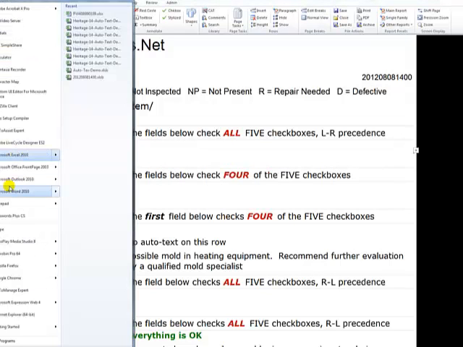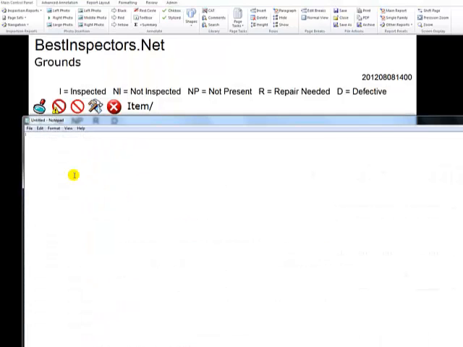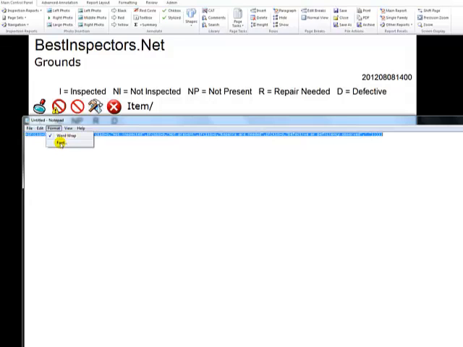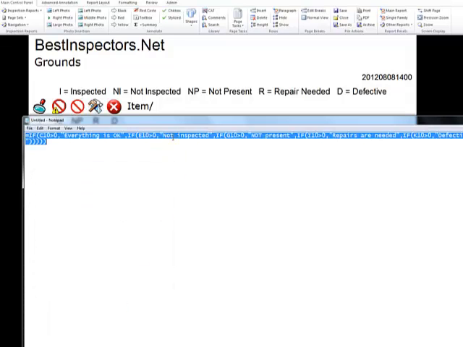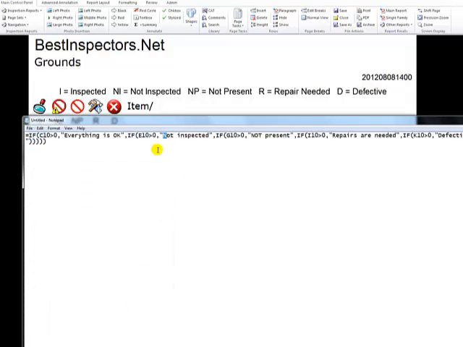We'll leave this formula here. We'll go back to Notepad again, paste again, and now what I'll do is I'll make my text edits here. Make this bigger where I can see it, and just replace. Now, one thing you want to be aware of here is do not put comments that have quotation